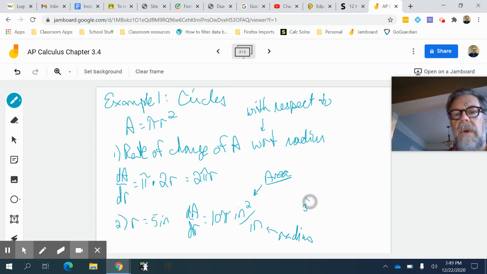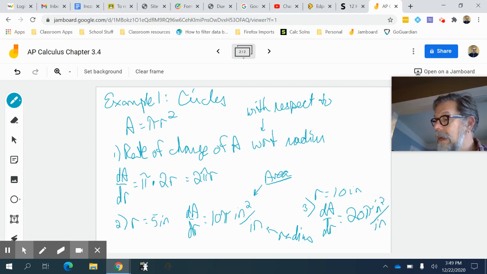And of course, we could also see that if the radius was 10 inches, the rate of change of area with respect to radius would be, instead of 10, 2 times 10, it would be 20 pi inches squared per inch. Okay, so we'll look at